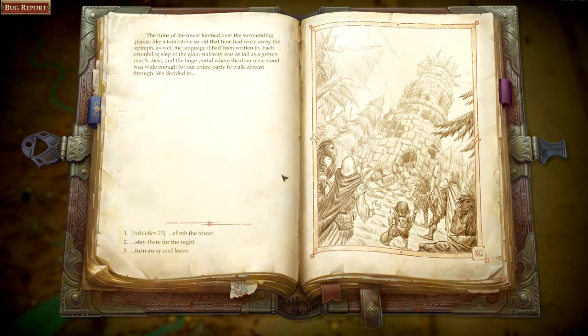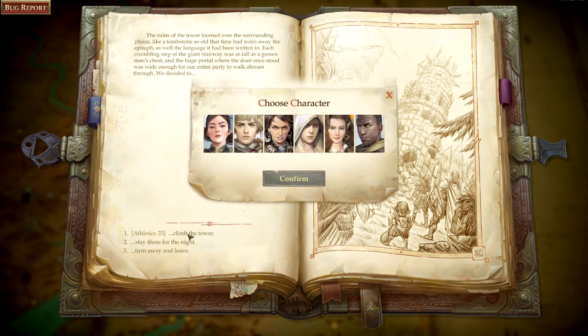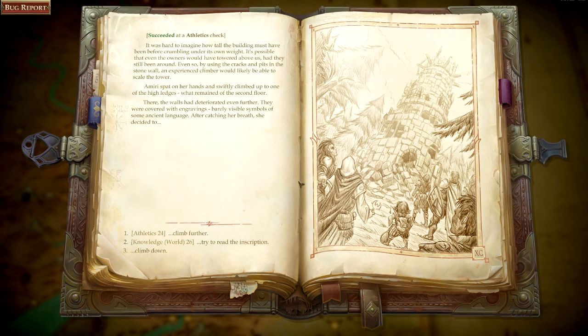Ruins of a tower loom over surrounding plains like a tombstone, so old that time has worn away the epitaph, as well as language it's been written in. Let's climb the tower. You're not going to tell me who has the best athletics, are you? Nope, you're not. I think it's you. Succeed. It's hard to imagine how tall the building must have been before crumbling under its own weight. It's possible that even the owners would have towered above us had they still been around. Even so, by using the cracks and pits in the stone wall, an experienced climber could likely be able to scale the tower. Amari spat on her hands and swiftly climbed to one of the high ledges, then what remained